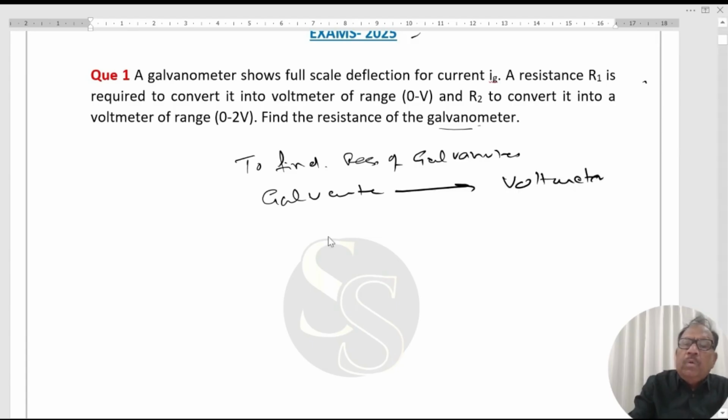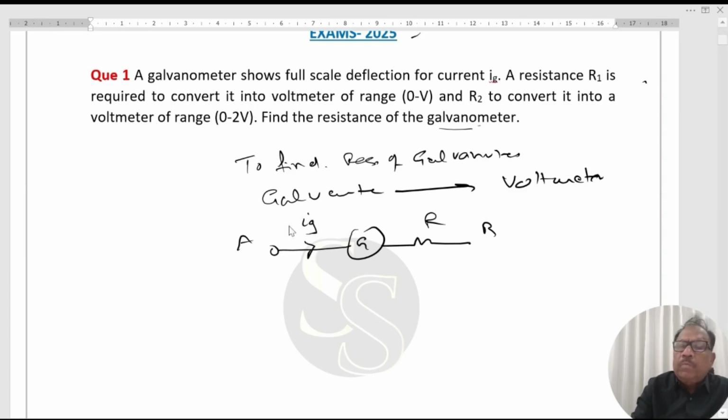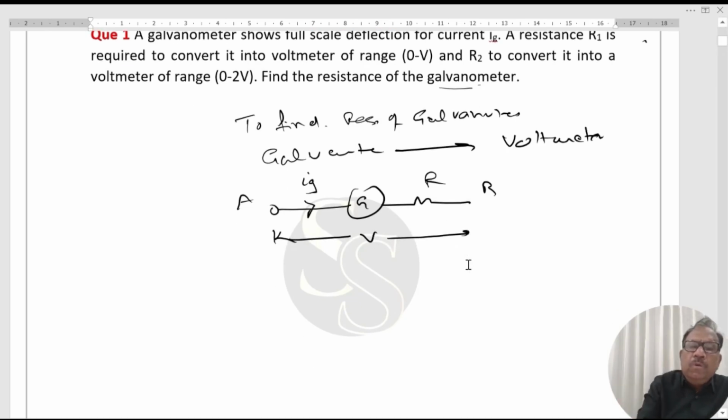To convert galvanometer to voltmeter, we have to connect very high resistance in series of the galvanometer. So this point is A, this point is B. In this case, we can allow the current IG. We have to measure the voltage here, V. Now, there are two cases. According to question,